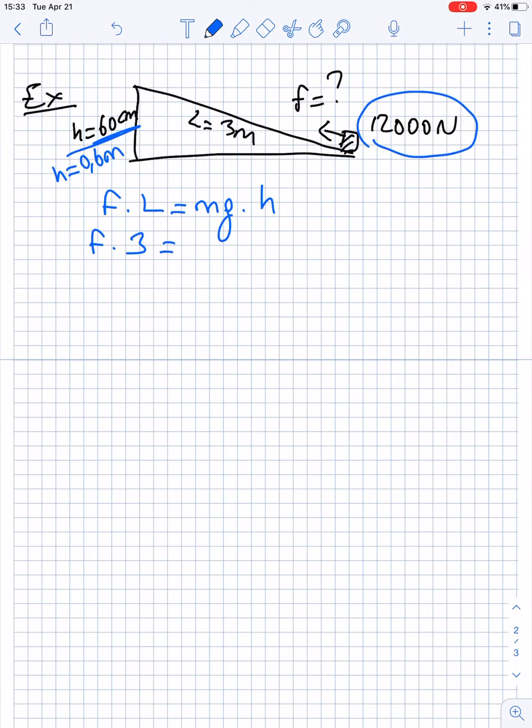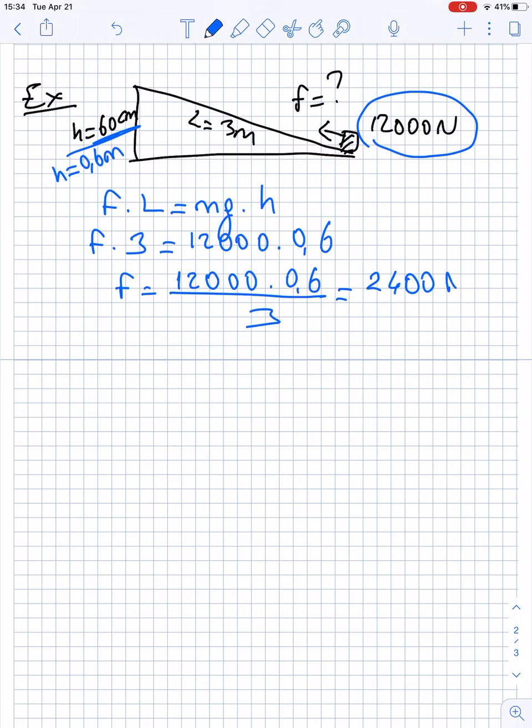F we don't know, L is 3 meters, mg is 12,000, and height is 0.6 meters. After calculating, F is equal to 12,000 multiplying 0.6 over 3, and my result is